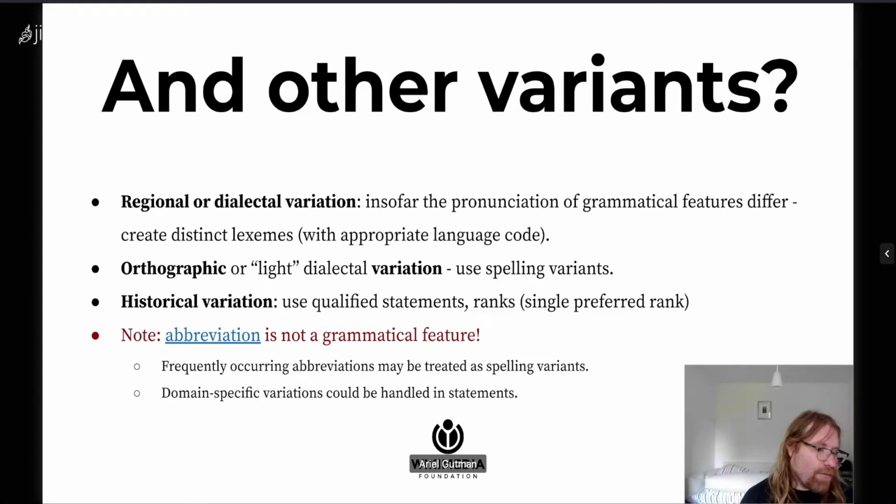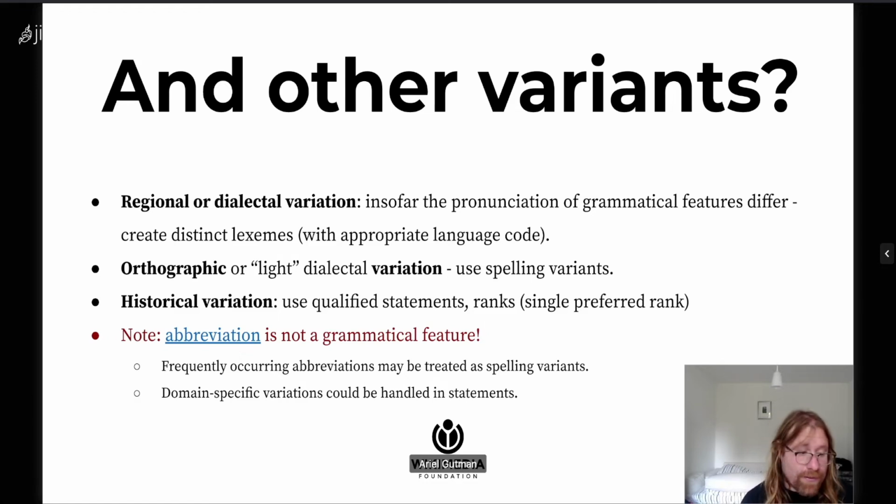So here, one could take different approaches. I think maybe the best approach, at least for the use in Abstract Wikipedia, would be to use the main feature space on the lexeme forms for the current use features, and maybe give a qualified statement about an historical feature. That is